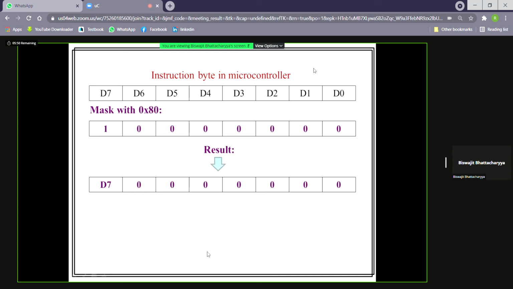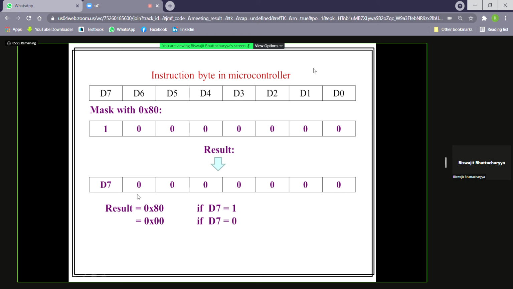So it means after ANDing we get that our D7 bit is equal to 1. Now, if the result after ANDing is equal to 80 hex, it means D7 equal to 1. If the result is equal to 00 hex, it means D7 is 0.